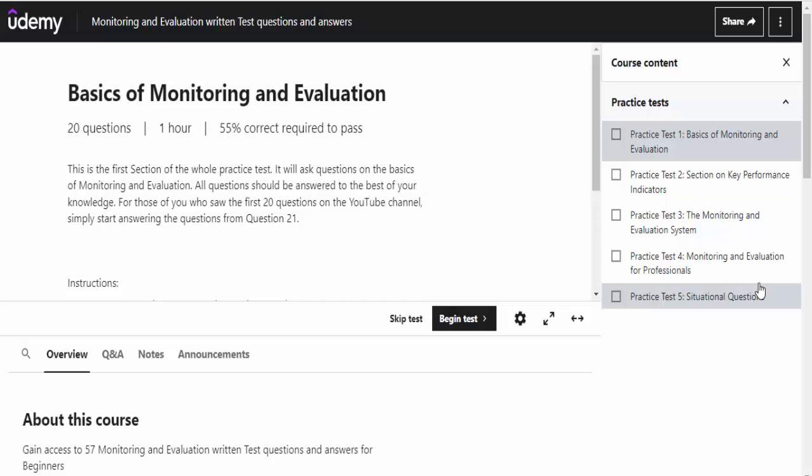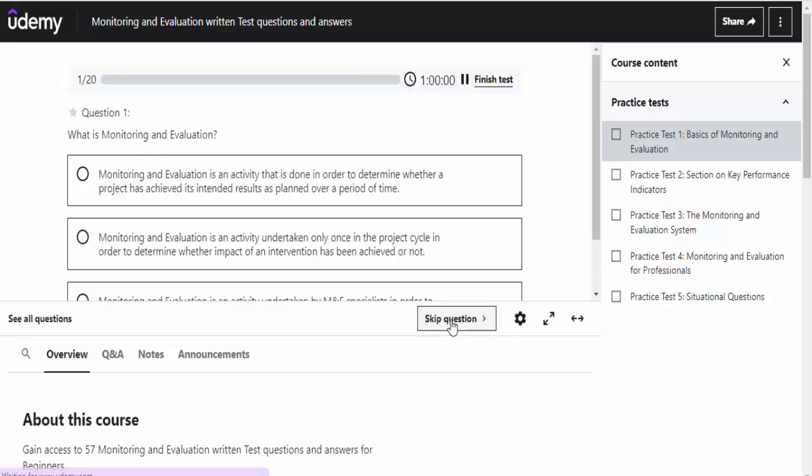There's something I also want to show you, why I like Udemy, because they actually give you the marks, the scores, after you have completed answering the questions. So it says straight away begin the test, so you press there. So now the first question is, and here is a timer, so you get timed. Actually, this is interesting. So now